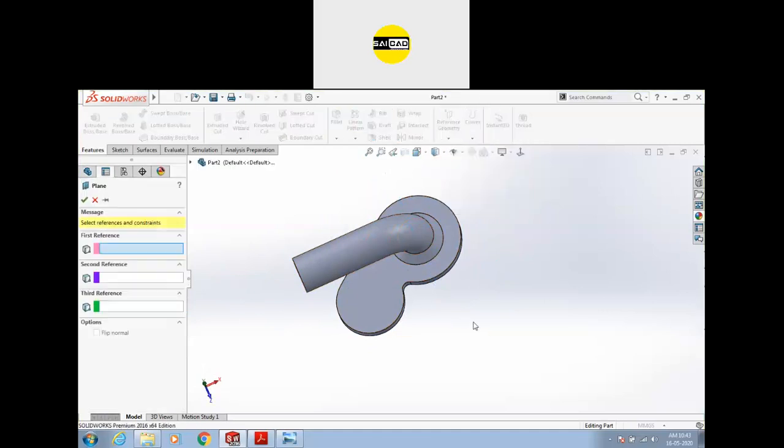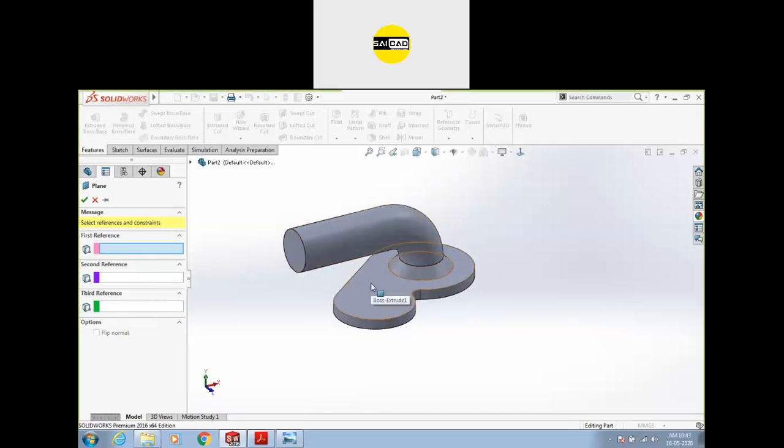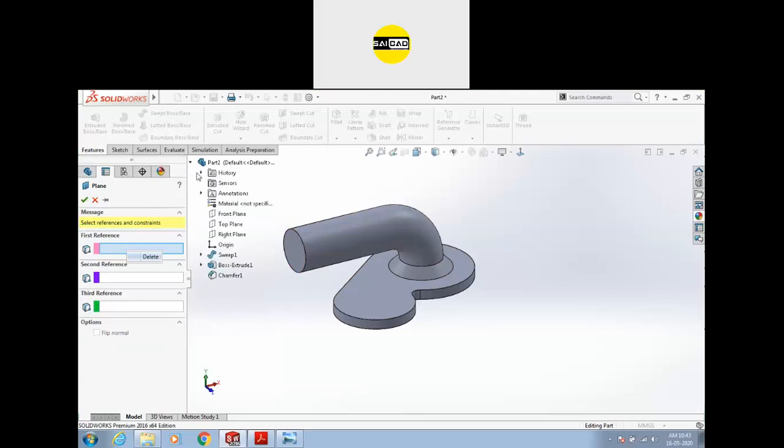We can select a plane option, and now we have to specify at minimum 1 reference or maximum up to 3 references. So I want this plane to be here, and that plane is parallel to this face, so I can simply select this face, or I can select the plane, this one.